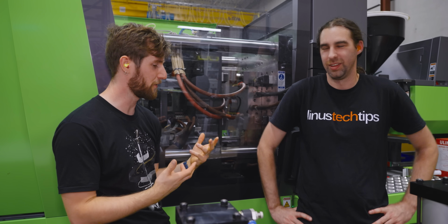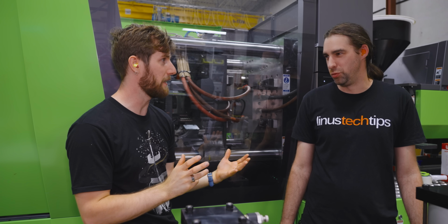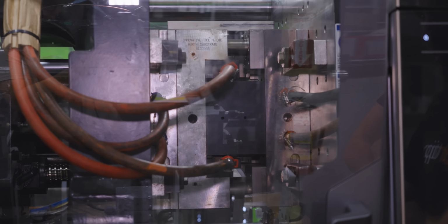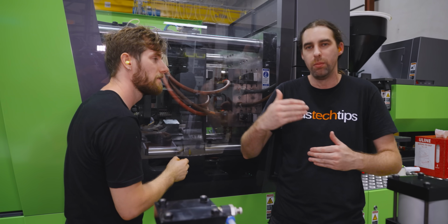As wild as this feels right now, I have never actually seen in person the mold that you paid for? That you paid for? Yeah, I did. That hunk of metal right there is the whole mold assembly. Oh wow, okay. It's the whole assembly that you actually pay for, which is why a mold cost can be